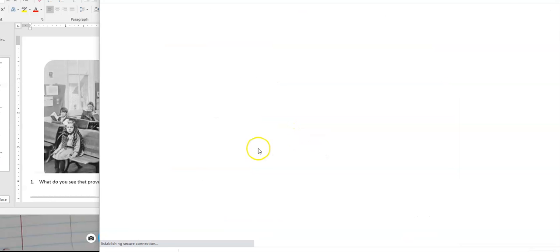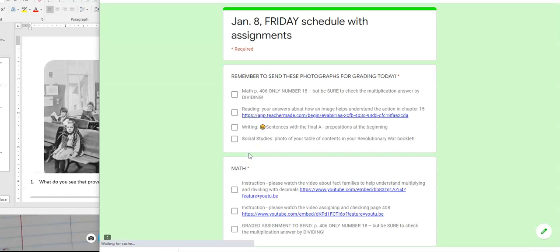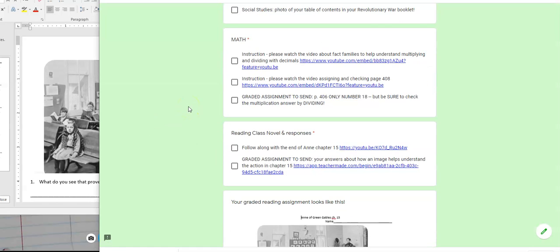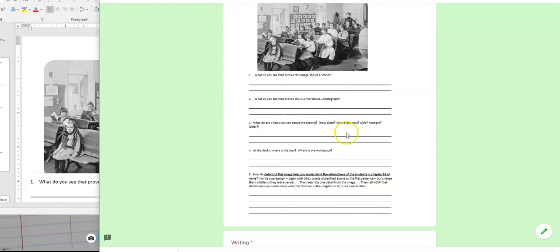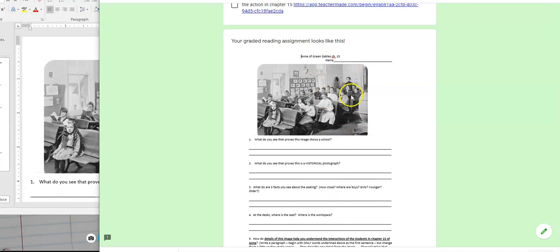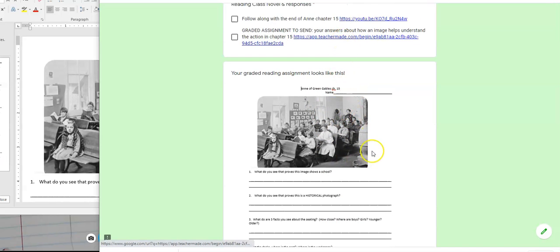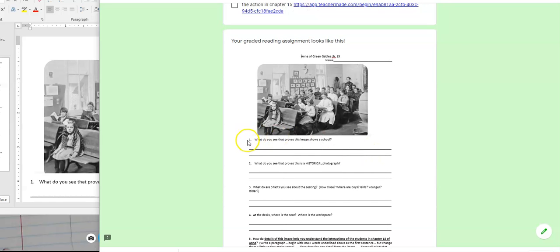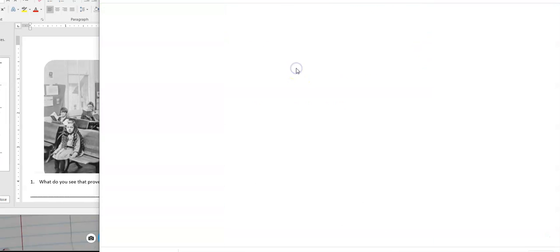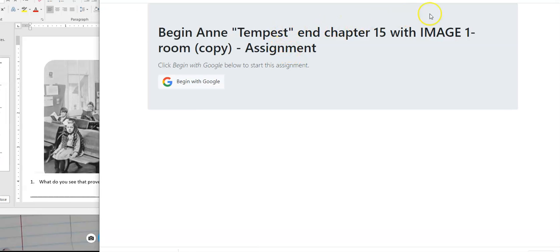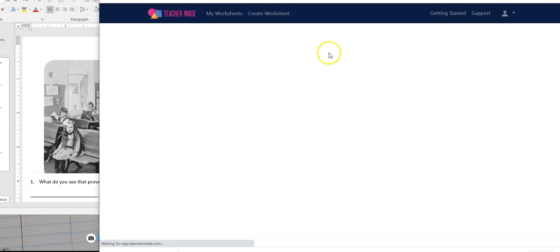You open that schedule. And it's not totally the way it will look for you because I'm working on this in bits and pieces. However, this is what the reading assignment looks like. So if you don't do the assignment in the link that I'm about to show you, you can write down on regular paper number 1 and answer the question, number 2 and answer the question, and so forth like I've just explained. However, you could also go to this link, which will take you into an assignment that looks like,